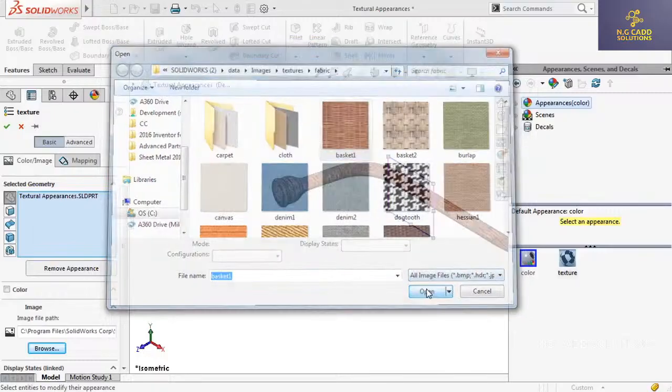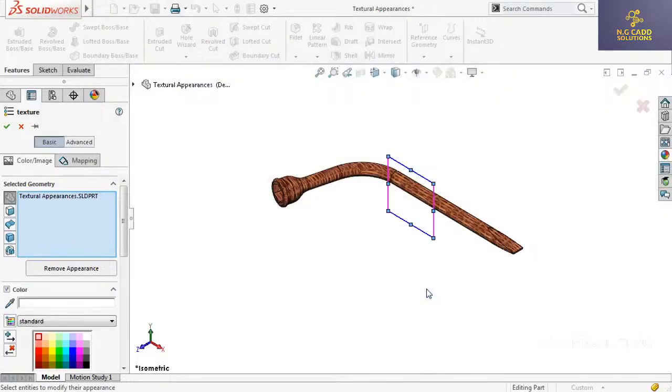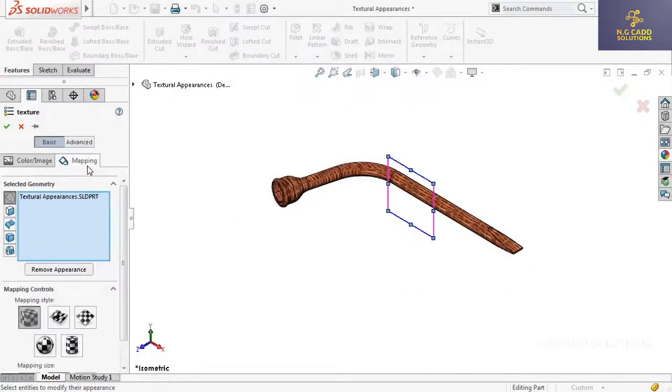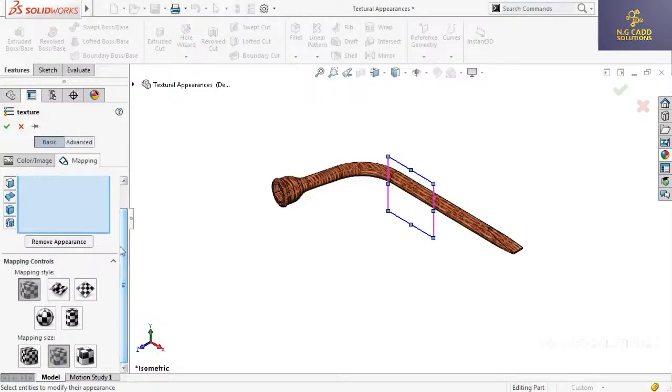Once I've selected a material, notice that we have a Mapping tab available. Also notice that we're still on Basic. We'll go over the advanced portion in the following lesson. Under the Mapping tab, you can choose the selected geometry, mapping style, and size so you can properly fit the